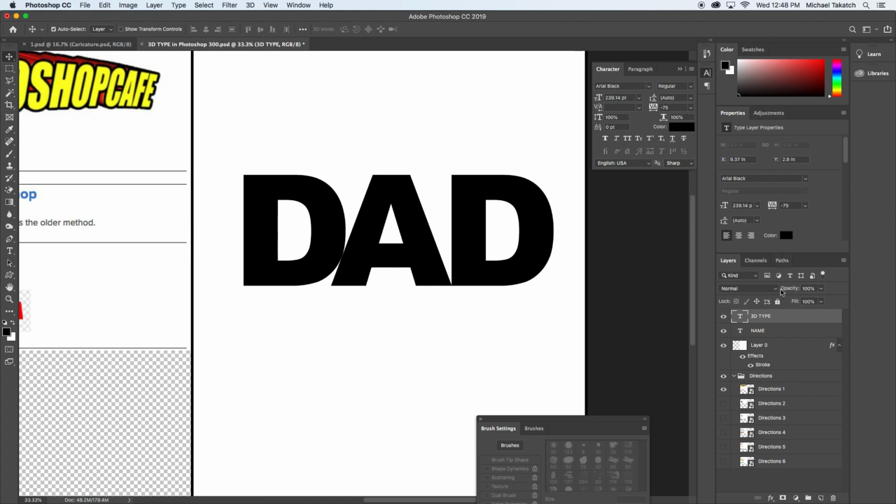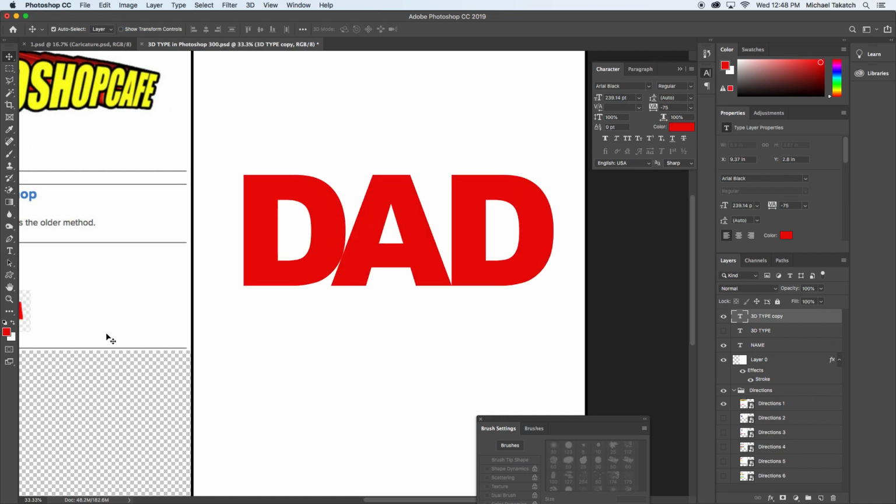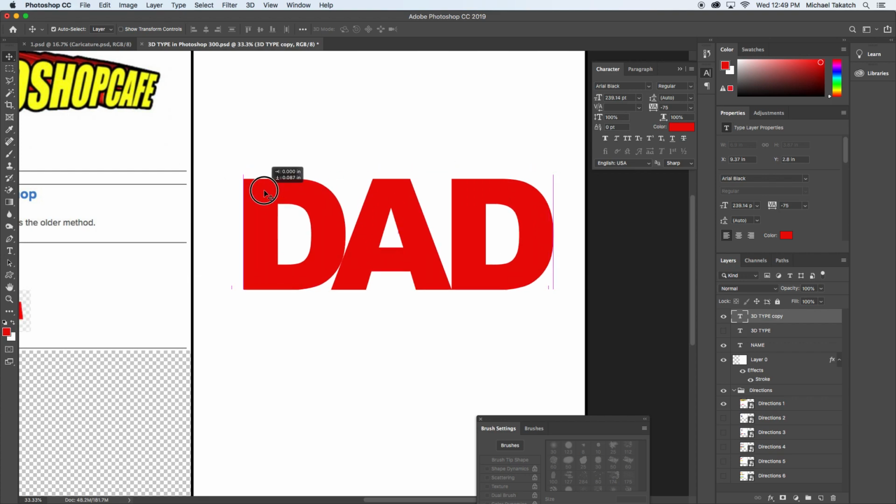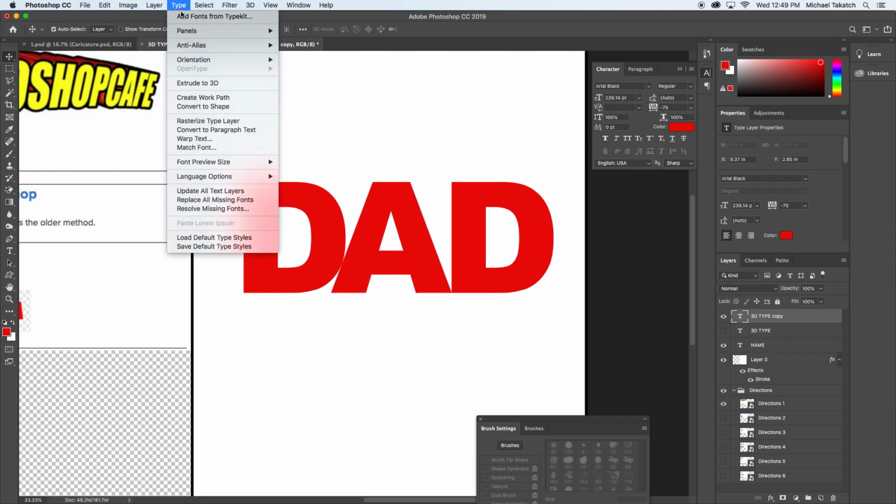This part here just happens to be red, so I'm just going to duplicate this in case I goof up, but I'll work with the copy. And with the red selected, when you hold Option Delete, it'll fill the color that you have listed right in there. Usually you have to hit Shift Delete. Okay, and then the type, when it has the section,